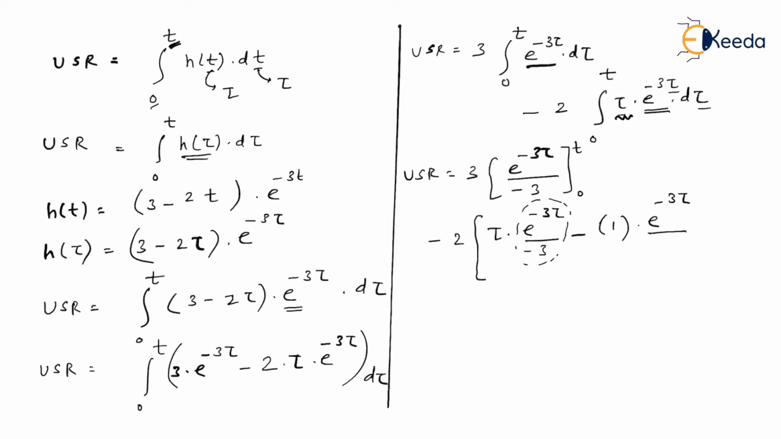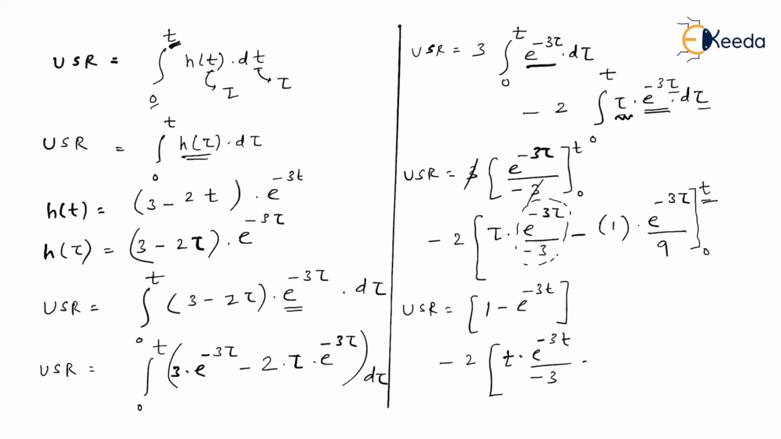After reintegrating the same term, you will get e to the power minus 3 tau. Again, you will get minus 3, but 3 3s would be 9. And again, you have to take care of the lower limit and upper limit. So the unit step response will be equal to, and after that, just put the lower limit and upper limit, then it will be 1 minus e to the power minus 3t, then minus 2. So substitute the upper limit first. It will be t times e to the power minus 3t upon minus 3 minus e to the power minus